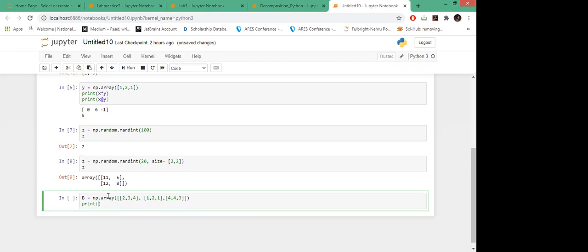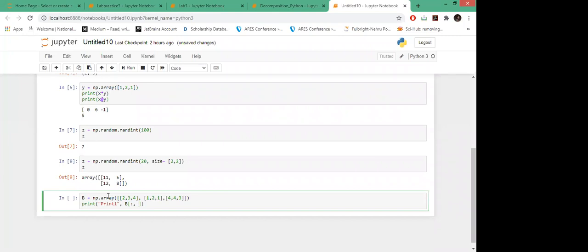Now this is my B, and I am using square brackets and this colon. What will this colon do? Before the comma, it means I'm selecting all the rows of B first, and then after the comma I'll specify the index of the particular column of B that I want to select.